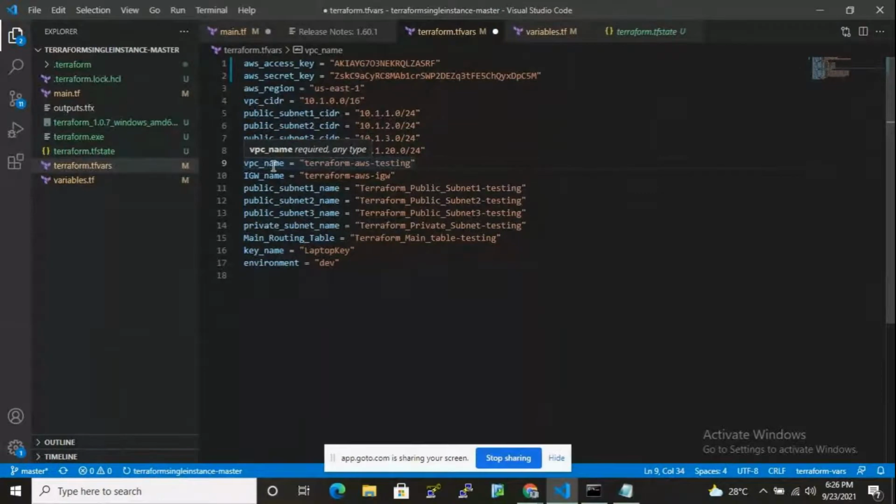So we are using three files. One is main.tf, second one is variables.tf, and third one is terraform.tfvars. Okay, so in this meeting we have 25 members, right? So the first one is hyphen 1, hyphen 2,